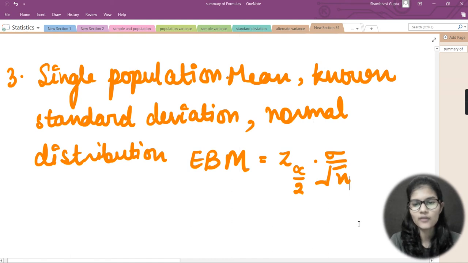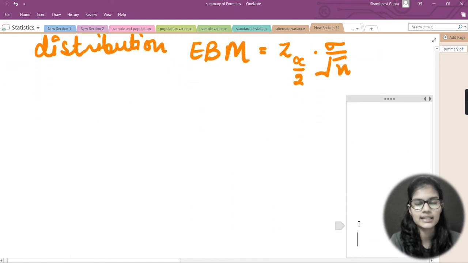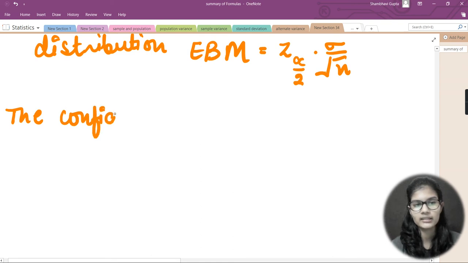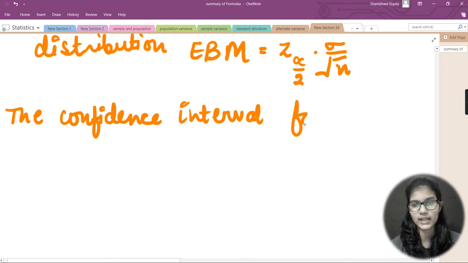If I have all of these things known, then these are the things I can use here. And then for the confidence interval format,